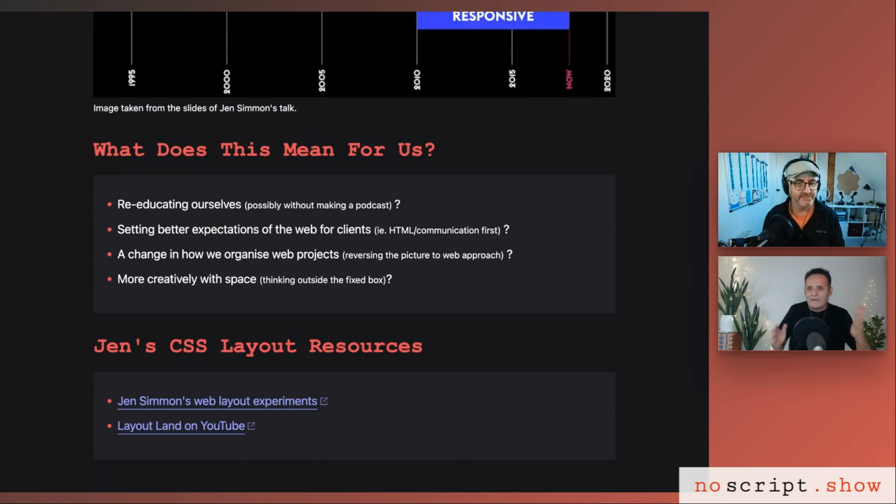Yes, exactly, because you can't control the devices that people are coming in on, or their experience. And of course, something that Jen talks about, and lots of other things, I'm not sure in that talk, but otherwise, she's very keen to point out that whatever design you do, if somebody sticks it in reader mode, or they decide they have high contrast on